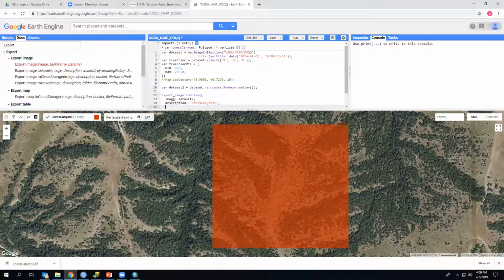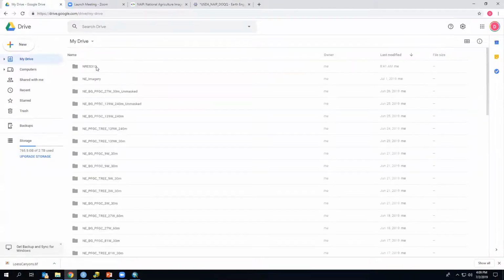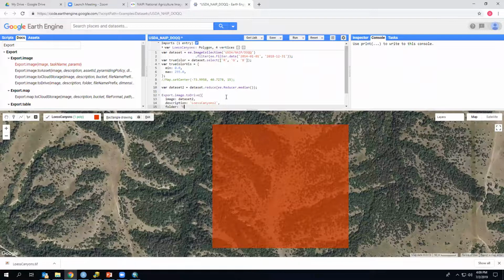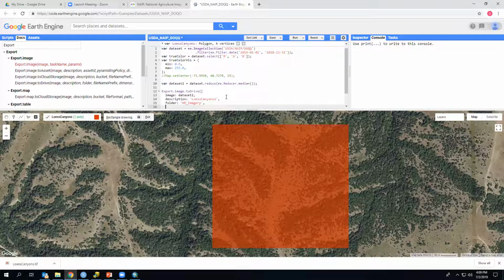And then you can tell it which of your Google Drive folders you'd like it to go to. So here's my Drive folder, Nebraska imagery, we'll say. And then the region. This has all of the NAIP imagery for the entire US, but for the region, we just want this little slice. So then you say, just give me this